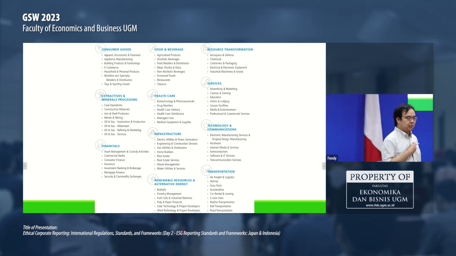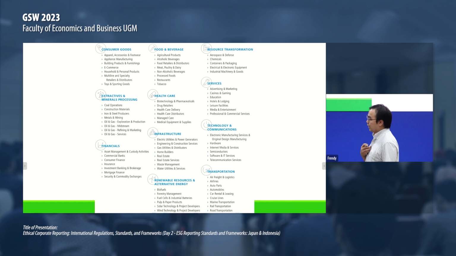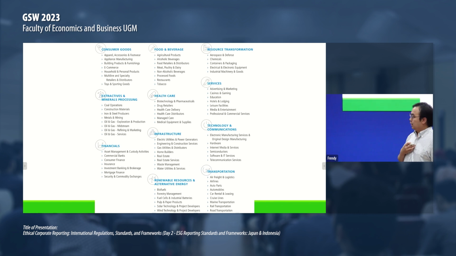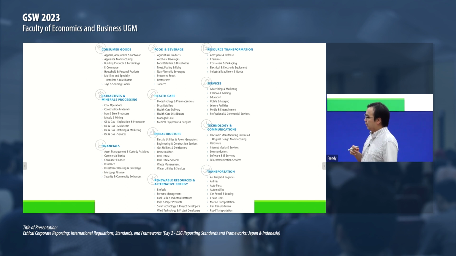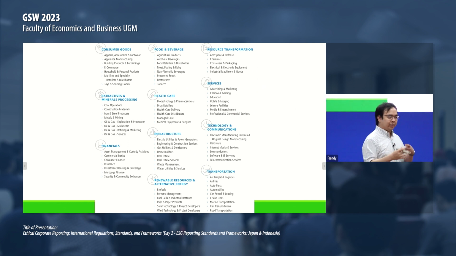So what are those sectors? What are those industries? These are the list of the sectors and industries that they cover. Okay, so the blue ones, those are the sectors. There are 11 of them. And then the industries, 77. Okay. So now we can see how each individual standard differs in its focus. If you look at these sectors, they mostly cover everything from manufacturing, extractive industries, and services.